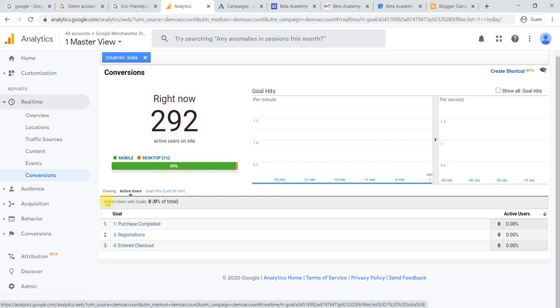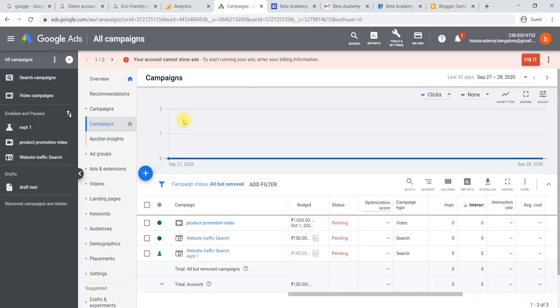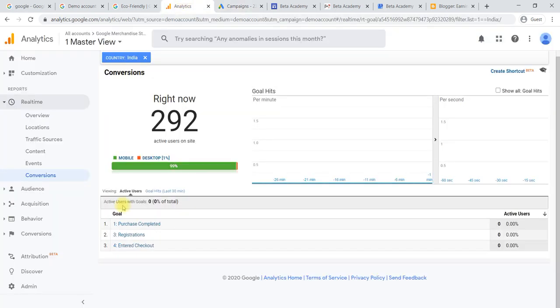And conversions can also be created as goals. Conversions are nothing but, when you are creating an ad itself, conversion ads can be created, or we can create goals here itself. Conversion is nothing but someone purchasing the product, then we call it a conversion. You have to create a goal. We'll show you how to create a goal. Once you have created a goal, we'll come to know how many of them achieved that particular goal, which is nothing but a conversion. In the sense, if someone clicks on that particular page, we can say that they have purchased. Once it has been purchased, we say that it is completed.